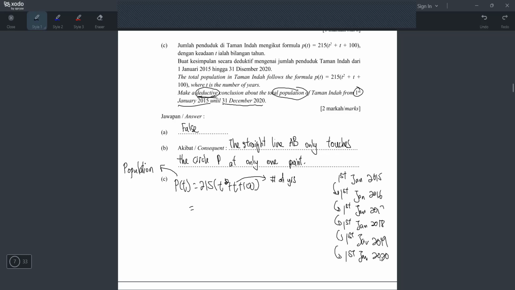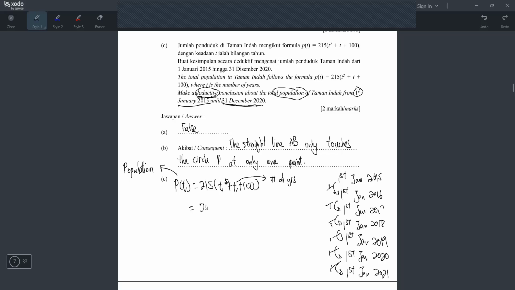Hello, 1st January 2020 sampai 31 December 2020 ada lagi 1 year. So you kena pergi lagi 1st January 2021. If you look at 1st January 2021 and 31 December 2020, they are just 1 day difference, correct? 31 December, what is the next day? What is tomorrow? It means the hari selepas 31 December 2020 is 1st January 2021, right? So this is where you stop. So how many years? 1, 2, 3, 4, 5, 6 years. It means from 1st January 2015 until 31 December 2020, 6 years have passed.